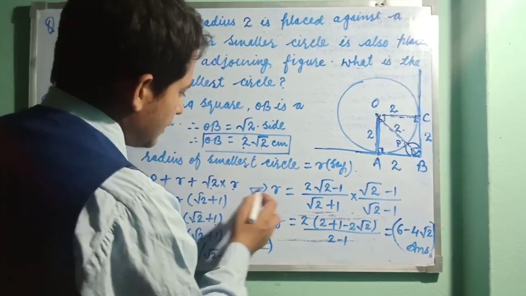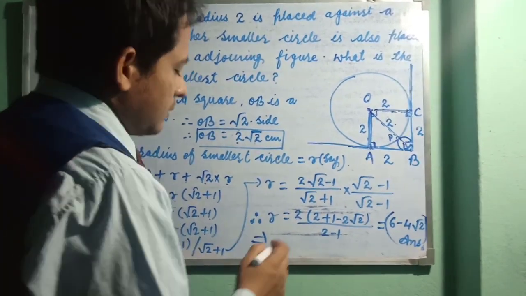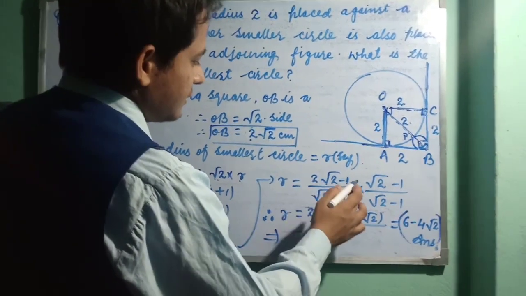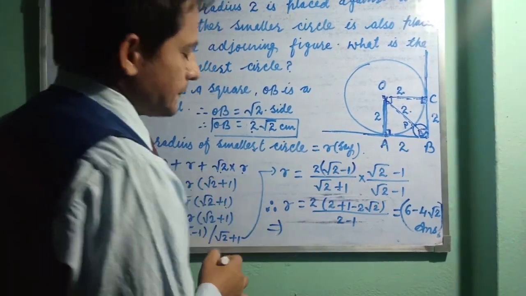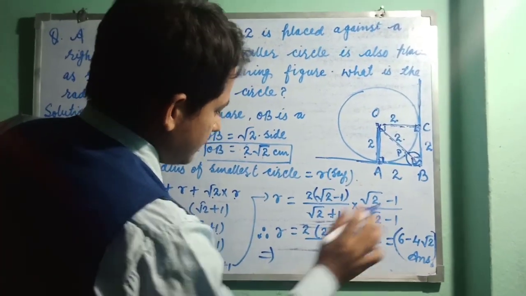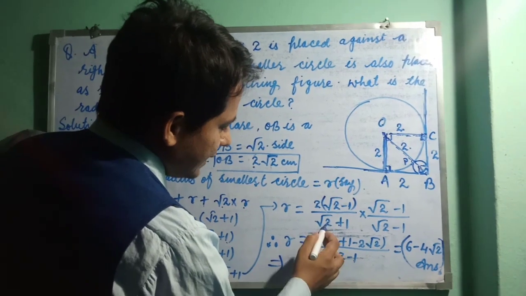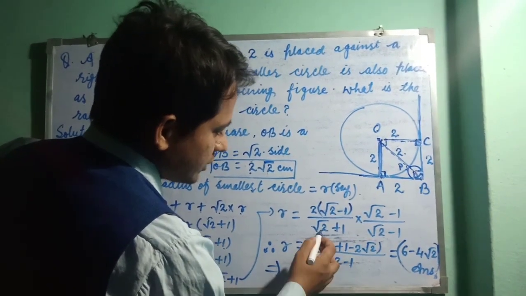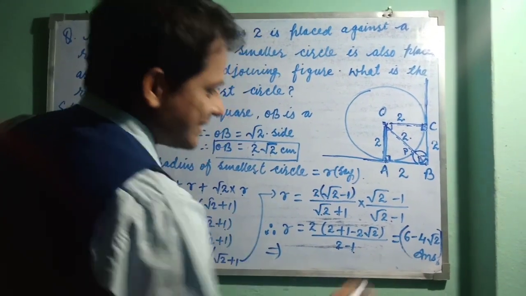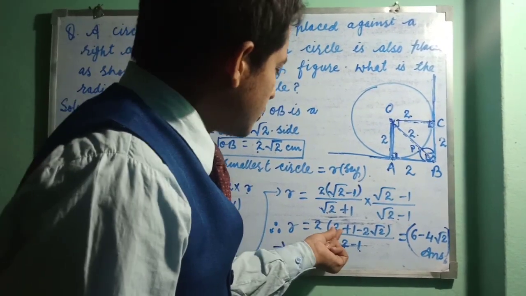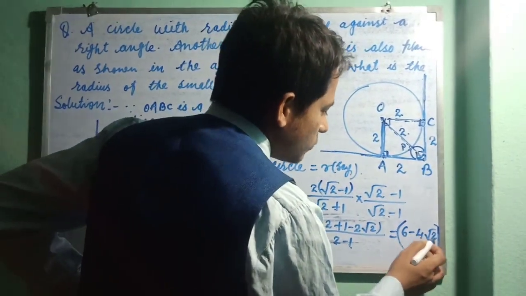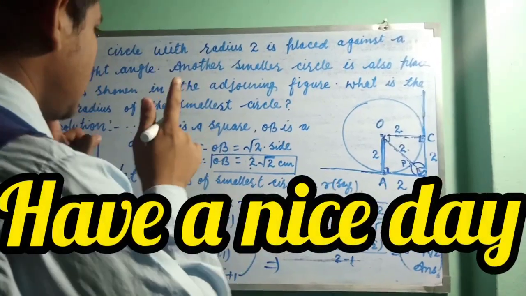Now rationalize the denominator. When you rationalize the denominator, you take the negative sign and multiply above and below. Okay, that means we multiply, it becomes 2 multiplied by square root 2 minus 1 into square root 2 minus 1. Now in the denominator, a plus b into a minus b is a squared minus b squared: square root 2 squared means 2, minus 1 squared, 1. So 2 minus 1 becomes 1, written as the denominator. So this becomes 2 multiplied by this, which becomes 6 minus 4 square root 2. This is the answer to this question.